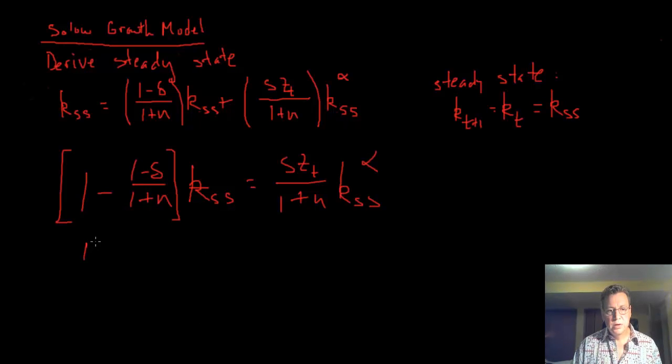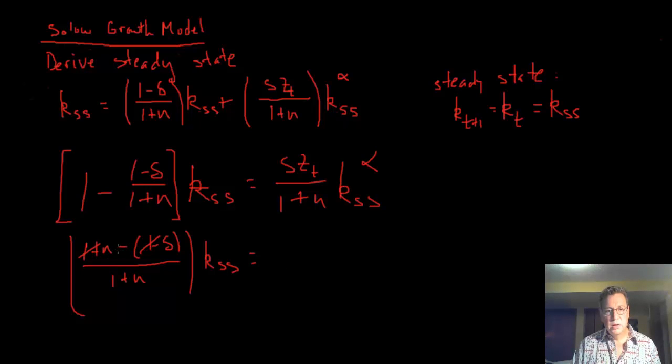We will get 1 plus n minus 1 minus delta over 1 plus n times k_ss. But what's that equal to? Well, the ones are going to cancel. The negatives, you get n plus delta over 1 plus n times k_ss. And what's that equal to? It's equal to s z_t